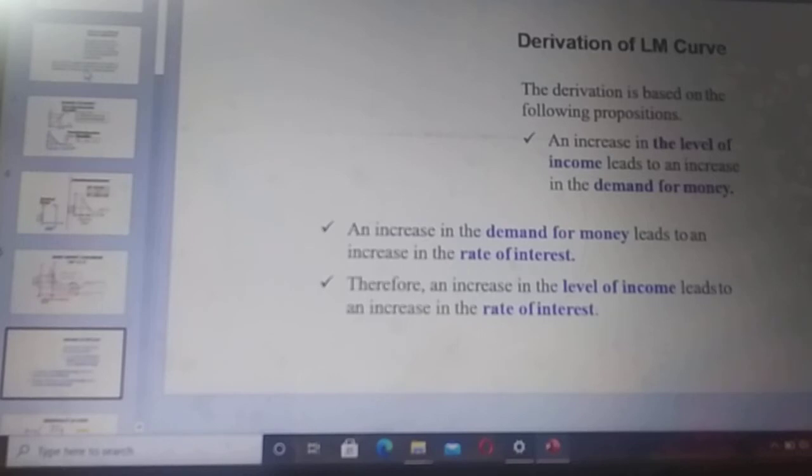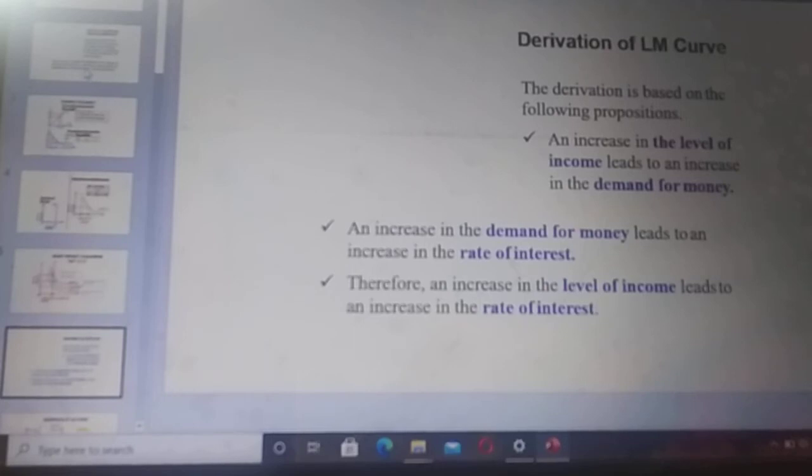As we already know, when the level of income of the people increases, they will start demanding more money in the market, because now they are willing and able to consume more. With the increase in the demand for money, that will automatically lead to an increase in the rate of interest. Because in order to cope with the rising demand for money, the banks will increase the rate of interest, since with the increase of the rate of interest, the demand will automatically decline. That is the main reason why interest rates increase when there is an increase in the demand for money.